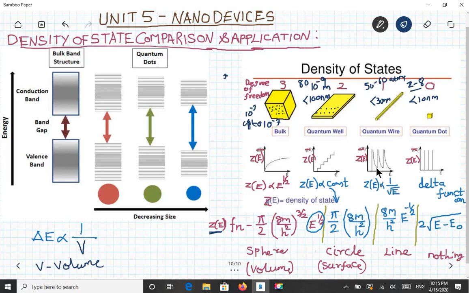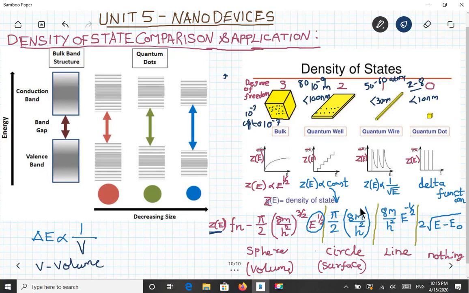So you can see the curve. There will be a peak, then there is a drop. There is a peak, then there is a drop. Likewise, this curve is drawn with this function only. And like this is a step function. There is a peak, then constant, as this is a constant.